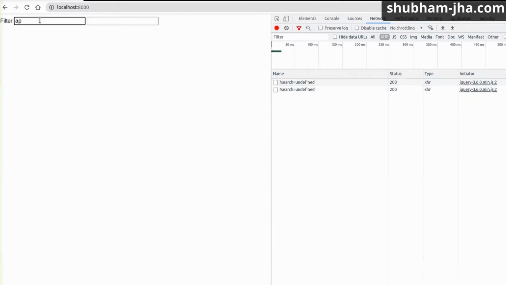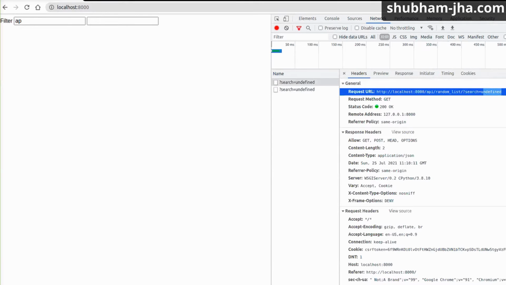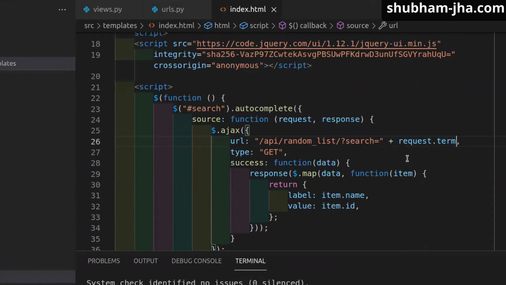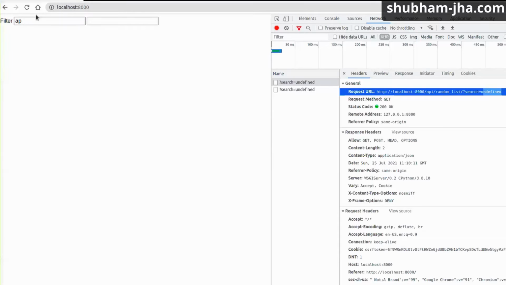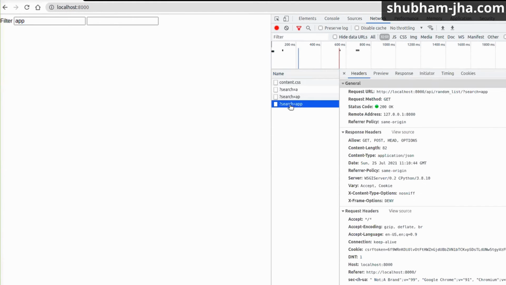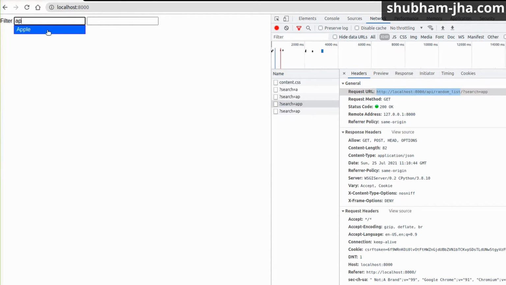If you remember, we have Apple present in the backend. Oh, we got some error. Search is undefined. Let me check what happened. Sorry, this is request.term and not terms. So now we have to refresh the page, type in app, and here we go. In the backend, a call is made with search equal to app in the query parameter, with this being our URL. And if we select,